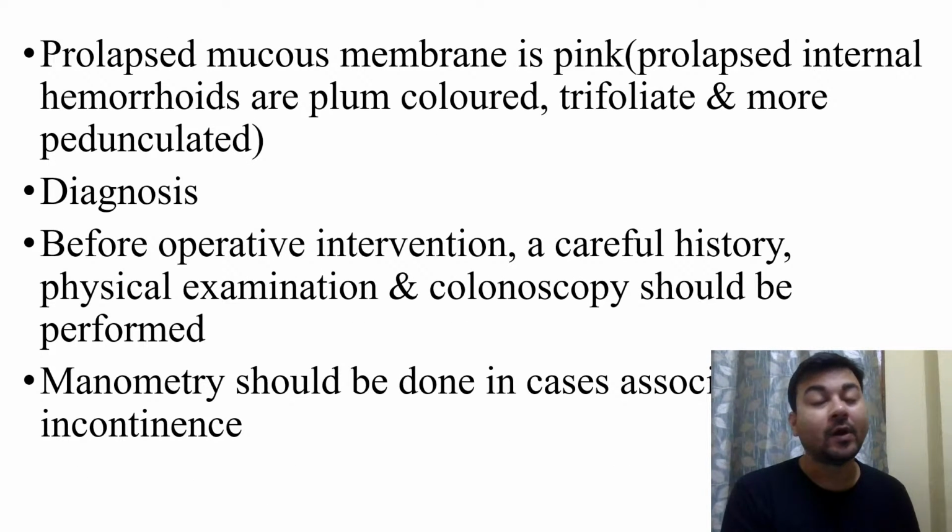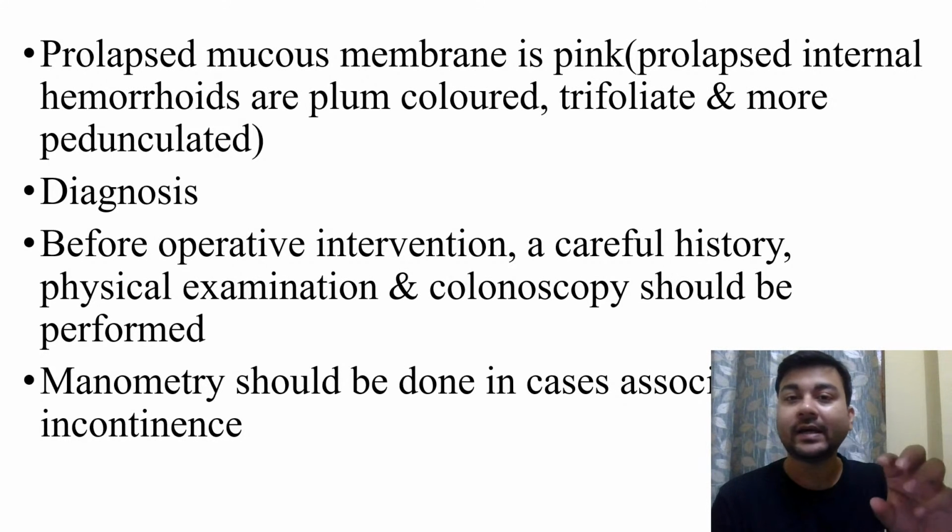Now you have to know the difference between rectal prolapse and hemorrhoidal prolapse, mostly in adults. It is very easy to differentiate between them. When the mucous membrane is prolapsed, it is pink in color, whereas hemorrhoids are not pink. They are plum colored and trifoliate. Why trifoliate? Because in hemorrhoids, which I will discuss today itself, the most common sites are